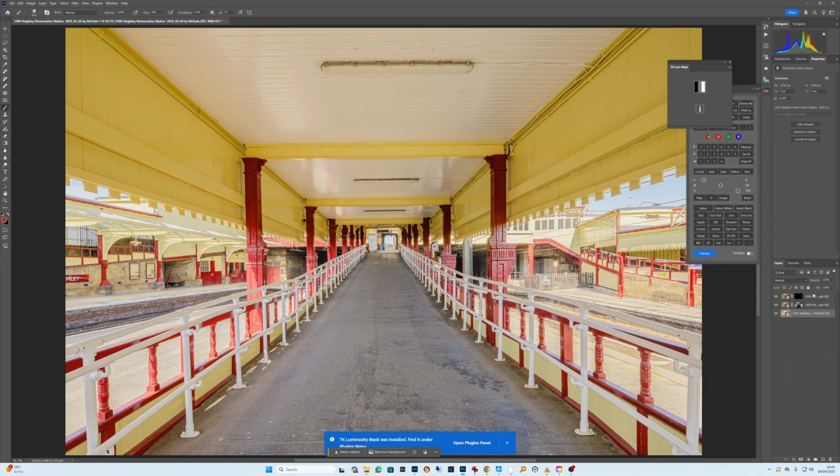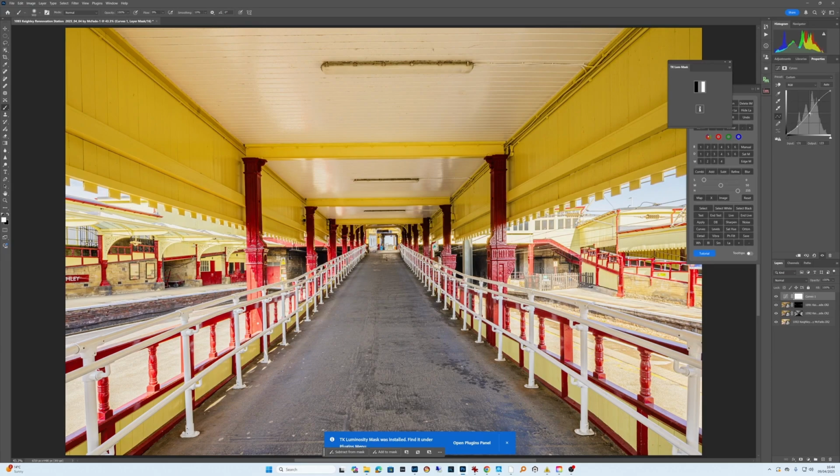So let's just do a quick demo of that. Let's create a curve. Let's pop a spot in the middle. Drag the bottom third down a little bit. Maybe the top third up a little bit, like that. Now, I think for this, the outside wants darkening, so I'm just going to drag the middle down ever so slightly. Right. Now, what we need to do on the curve is press Ctrl and I to invert the mask,